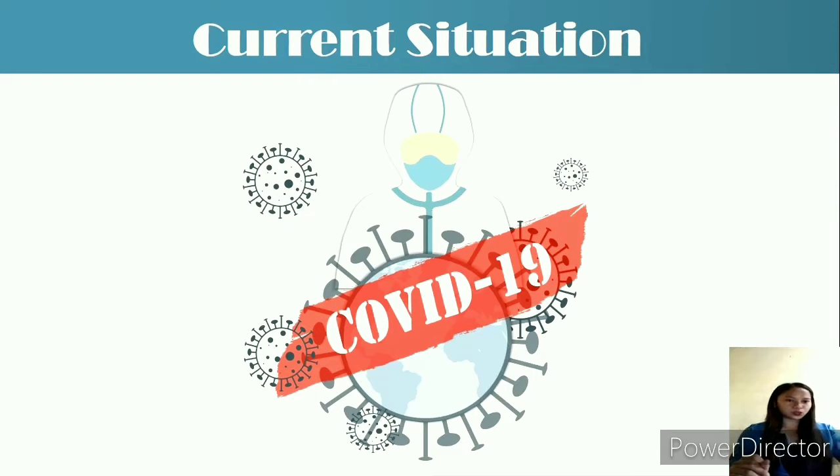So, the current situation. The human population is threatened by the emerging of infectious diseases caused by viruses, bacteria, fungi, and parasites. Almost every year, new infectious disease occurs for the reason of increase in population, traveling, aging, urbanization, and climate changes that favor emergence, evolution, and spread of new pathogens.